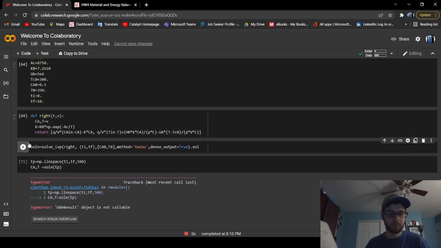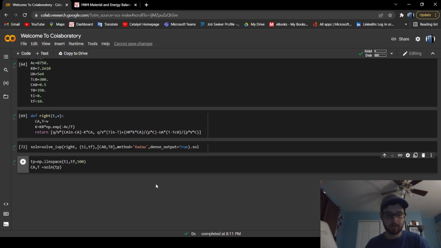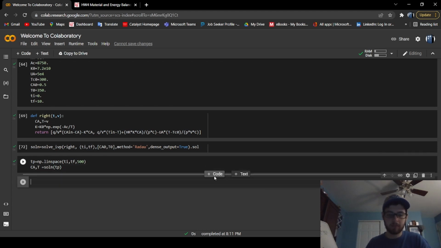No, I pressed space. Okay, there we go. That works now. Come on, give me another piece of code. There we go. Okay, and then the last thing to do is